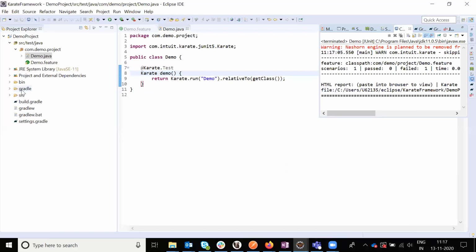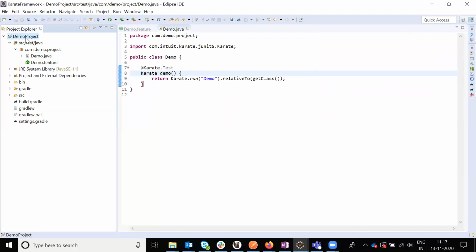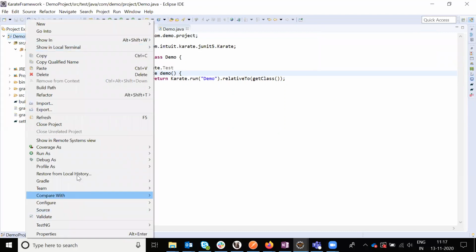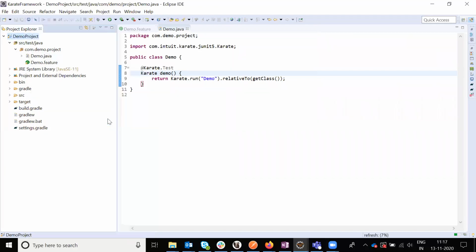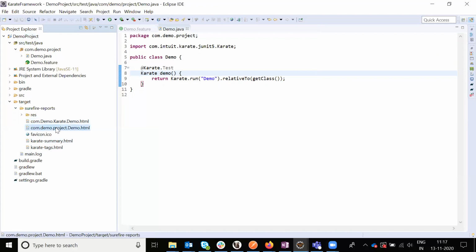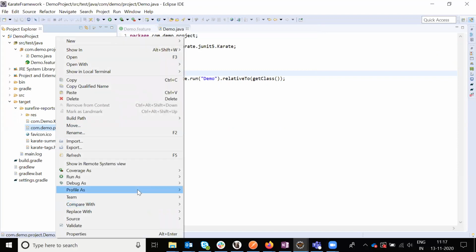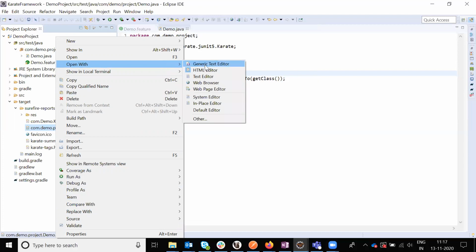We refresh the folder and save, and here is our HTML. This is our HTML file. I need to open it and see, this is the one.